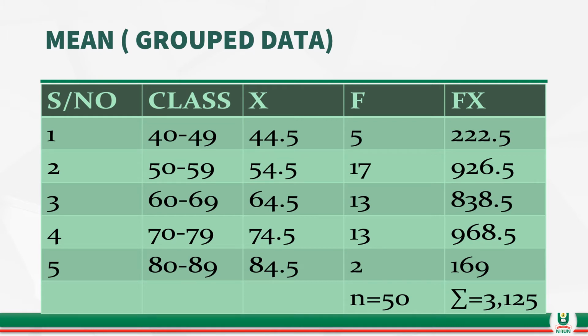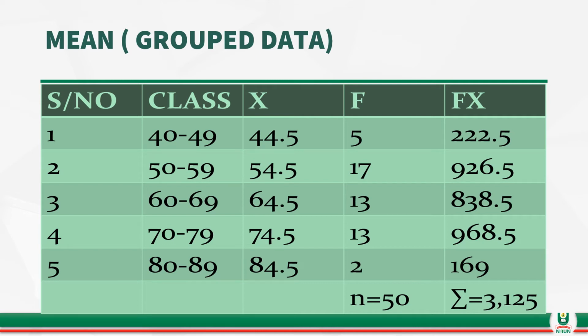50 plus 59 divided by 2 will give you 54.5. So that's how you do it until you get to the fifth one. The frequencies at which they appeared are 5, 17, 13, 13, 2. Now fx is calculated by multiplying the class center x by the frequency. So 5 times 44.5 will give you 222.5. 54.5 times 17 will give you 926.5, and so on, to the last one, which is 84.5 times 2,